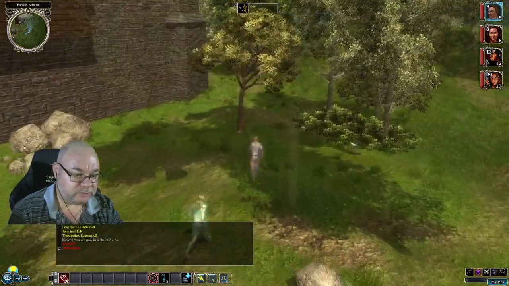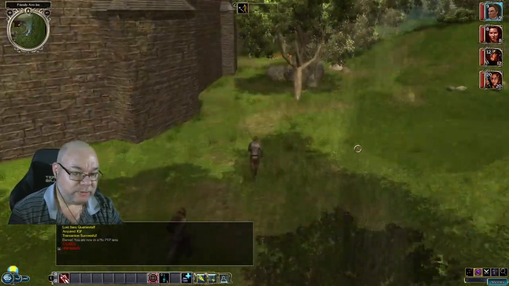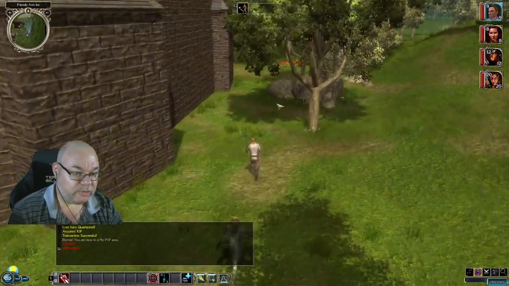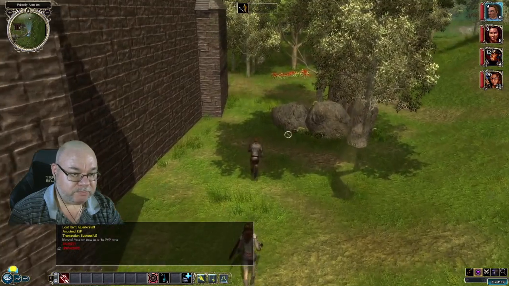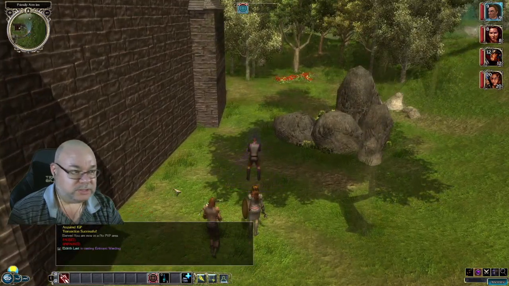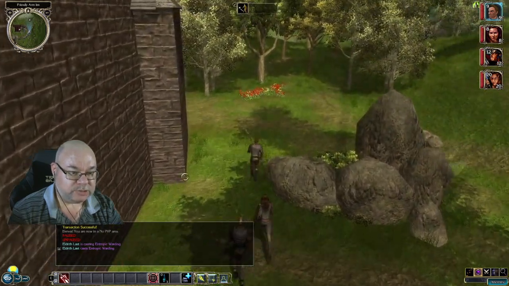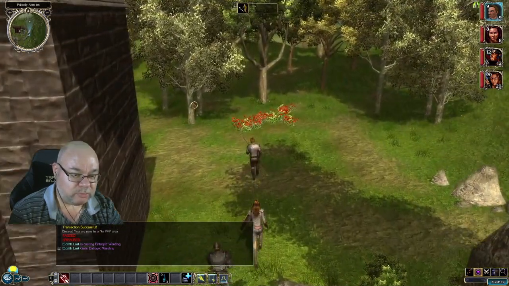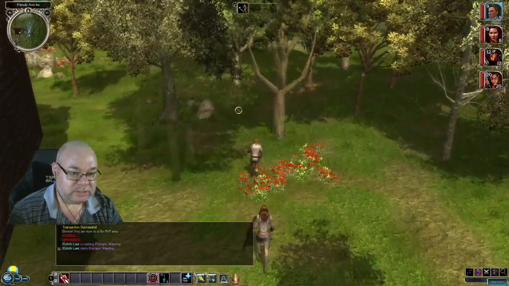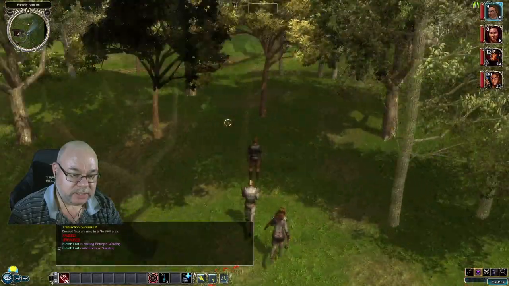Feels like there should be the secret hidden around here somewhere with the ring in it, but it's not here. Okay, I'm going to put my entropic warding on, just in case we attract the attention of those hobgoblins, because the entropic warding is really nice in that it gives me...